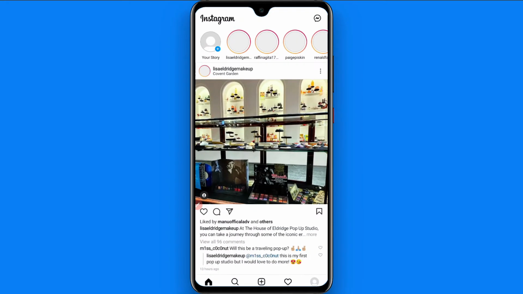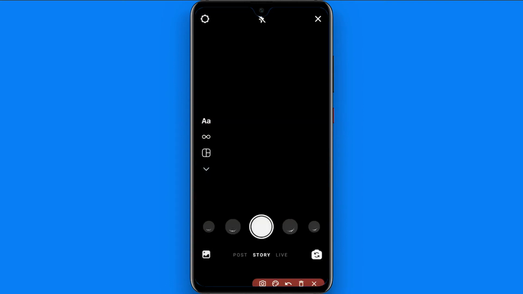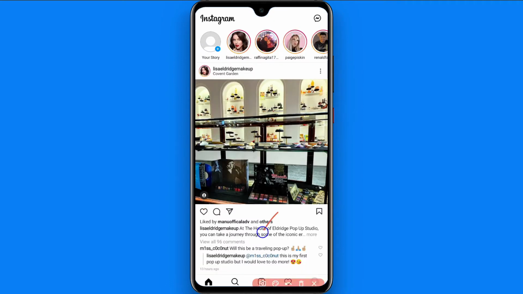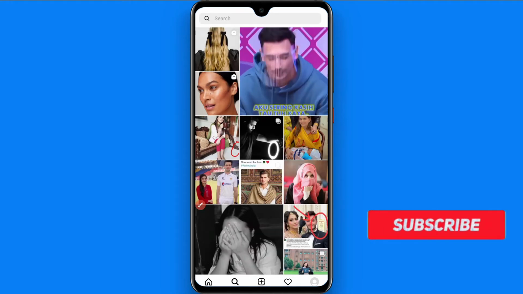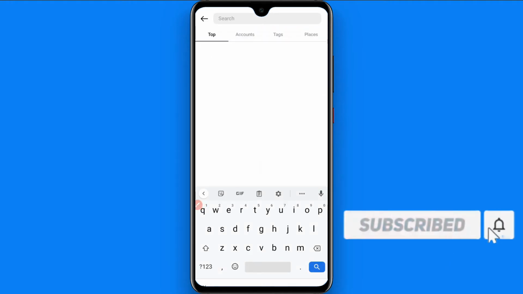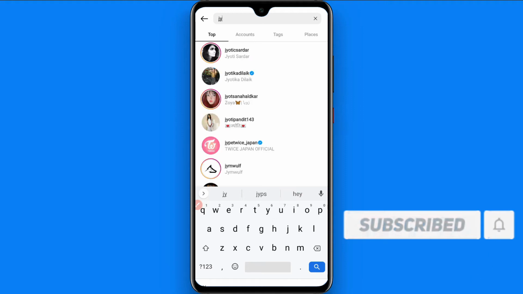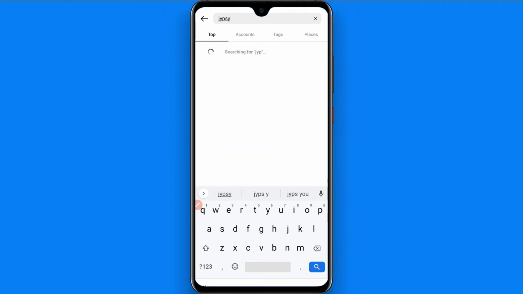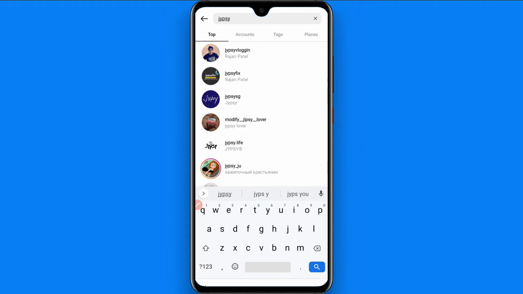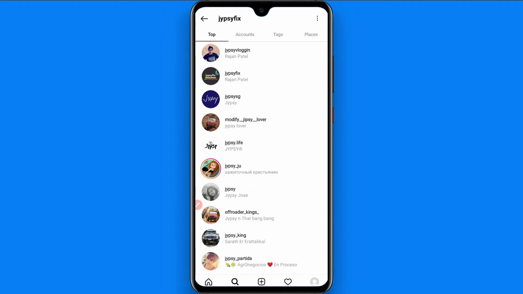So first of all you have to open your Instagram and log into your account. Once you do it, you will see the search button here in the main menu. Tap on it and in the search bar you have to type JYPSY fix. So here you will see a second account. Tap on it